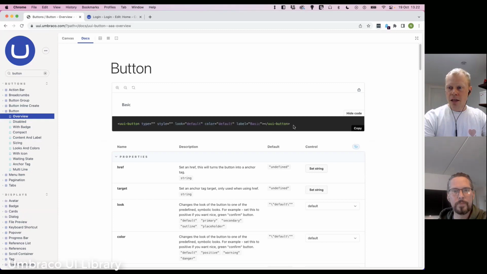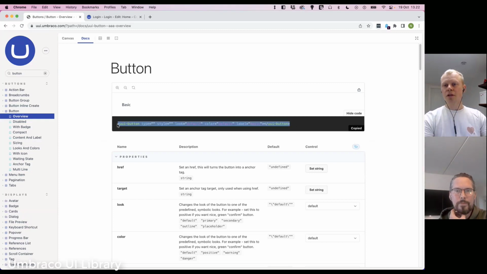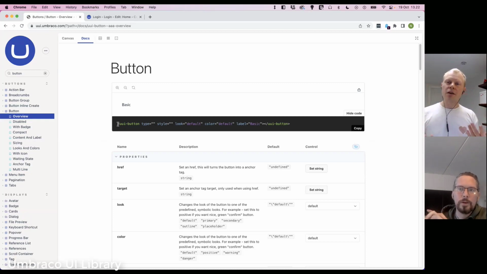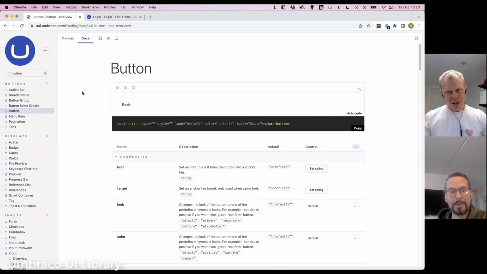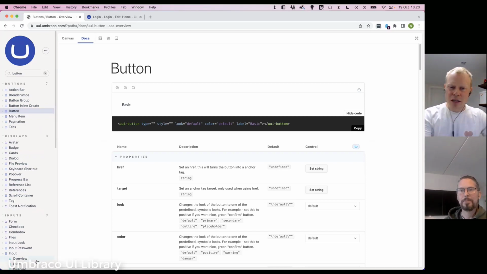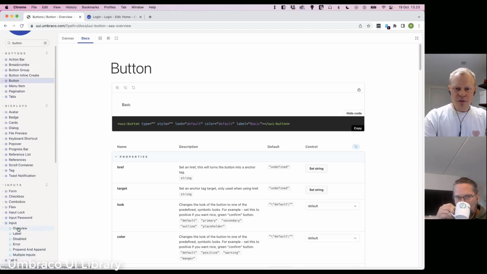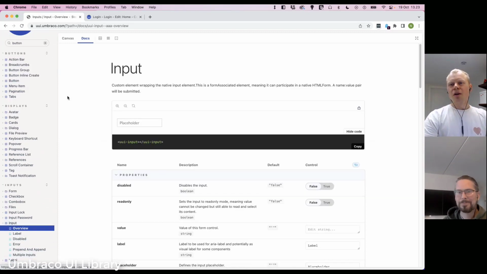And that's a great start for you to start using it, because with UI library being part of back office now, that means that you can actually copy such a snippet and put it in a package, for example. Is that it? You just need to copy and paste it, and then it works. Then there's something about integration between that component and the back office, but let's dive into that. So I set up a simple example here. I guess simple is a bad word, sorry. But I set up an example here where I'm going to use the UI library input